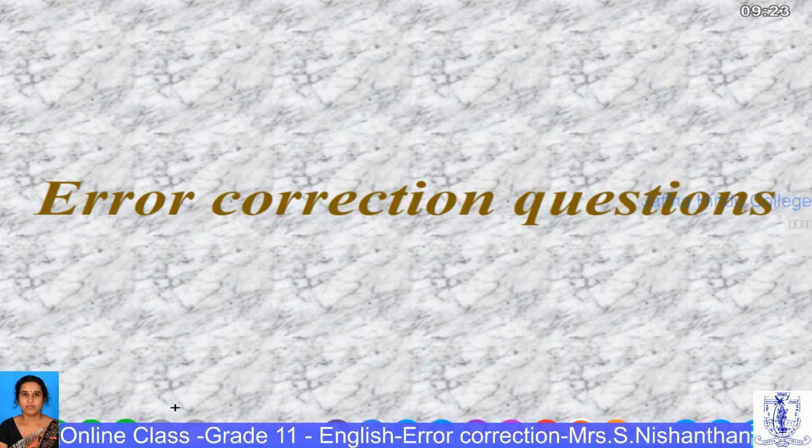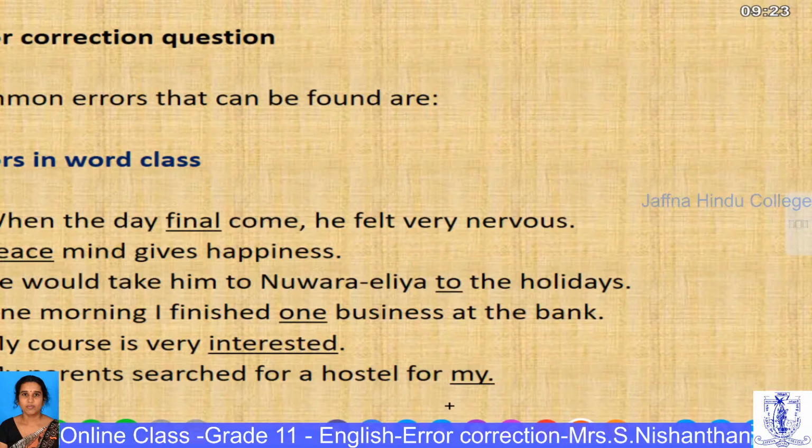In this question, the errors are underlined and you have to write the correct word, the word that should be corrected, in the blanks given. Usually they give such questions. First of all, before doing an error correction question, you have to go through in which tense the paragraph is going. There may be many errors, not only the errors in tense, but also there are errors in